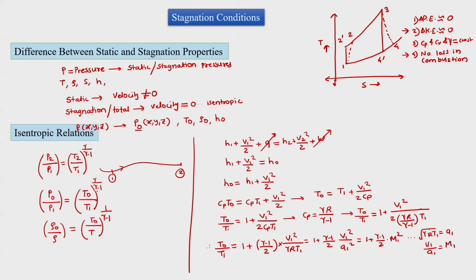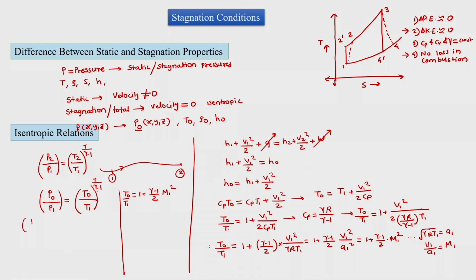So knowing these things, we could derive a relation for T naught. We will write T naught upon T1 is equal to 1 plus (gamma minus 1)/2 M1 square. So knowing this, we can write the same relation for pressure